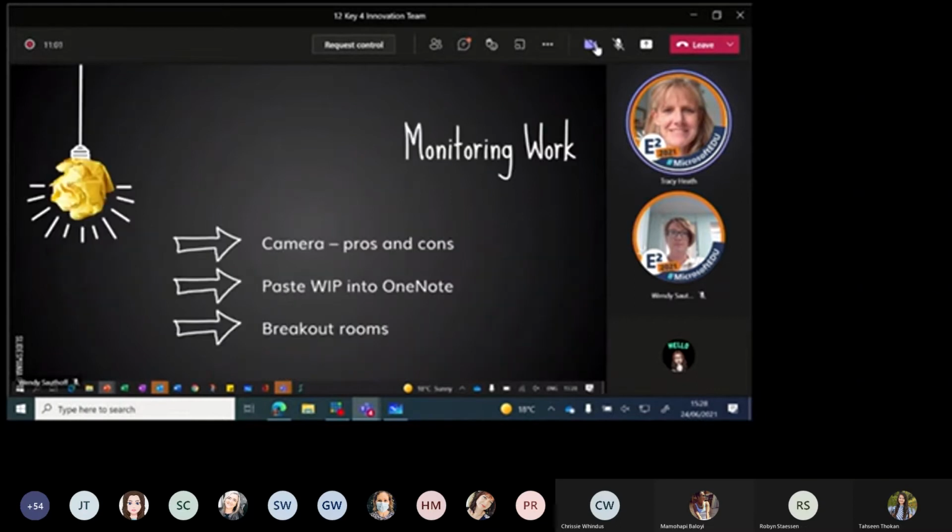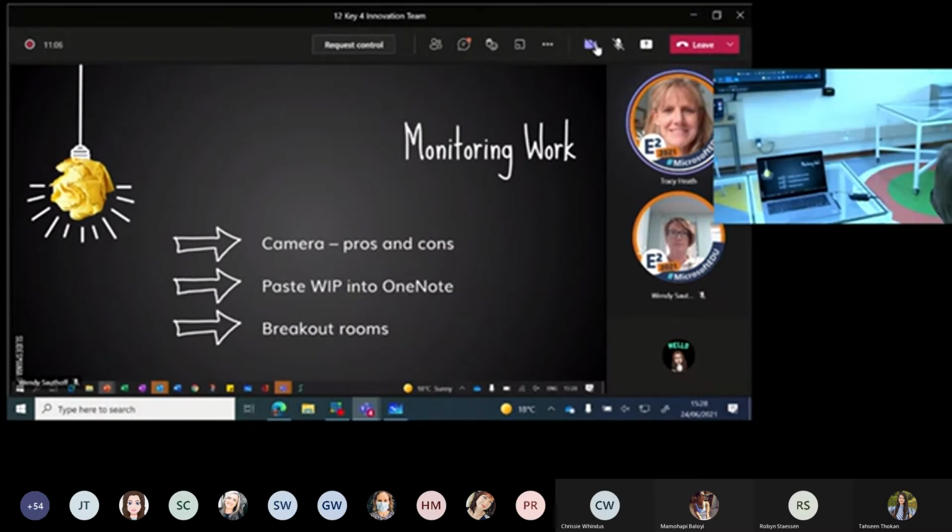In terms of monitoring work, just a couple of ideas for you. You can either ask them to put the camera on, which comes with pros and cons, as we said. And of course, it doesn't actually show